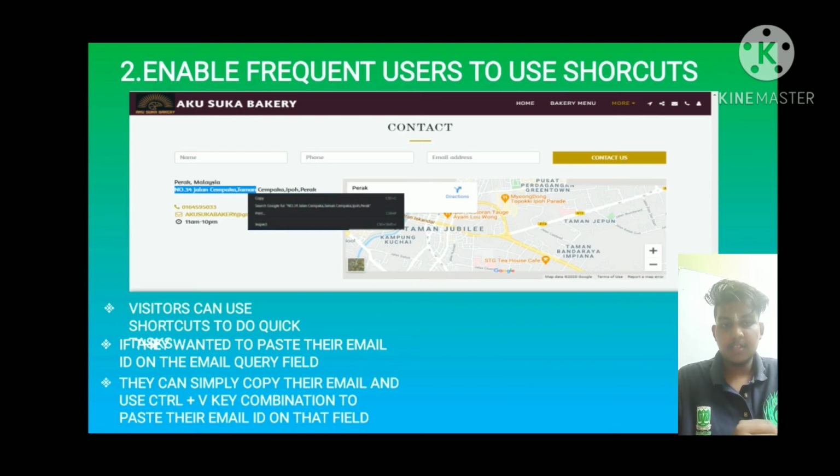Thus, the design has applied the second golden rule by enabling the users to use shortcut ways.